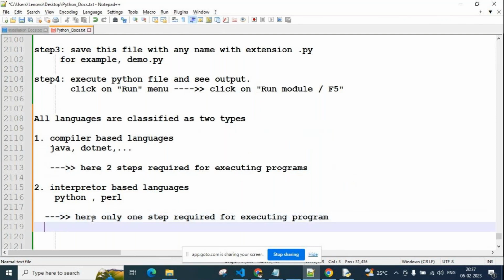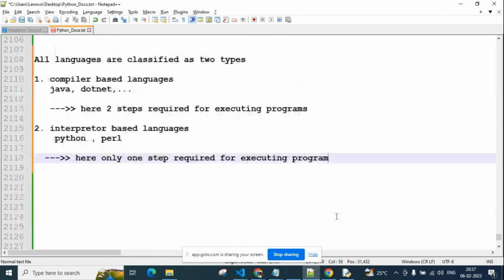So if you want to execute a Java program, two steps are required. One is the compiling step, another one is the running step, nothing but the JVM step. But here, only the direct execution step, nothing but running only, enough.